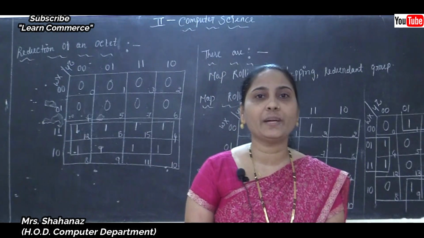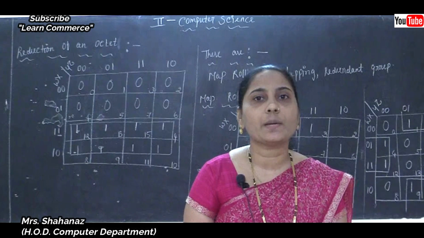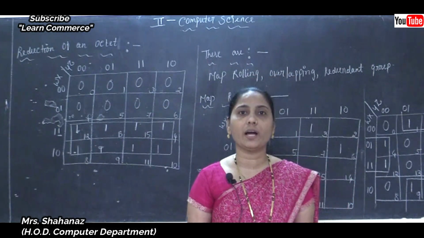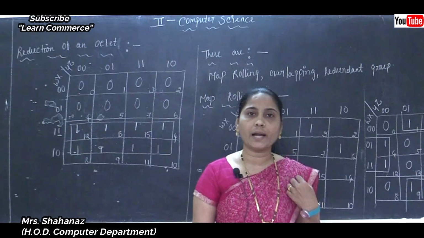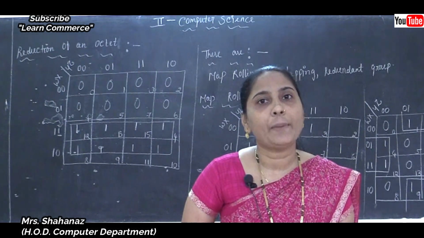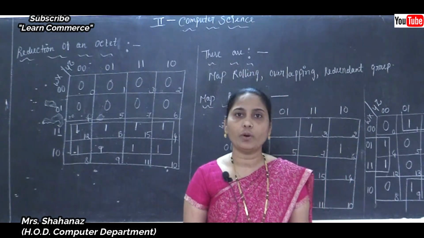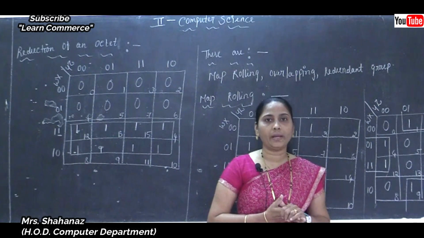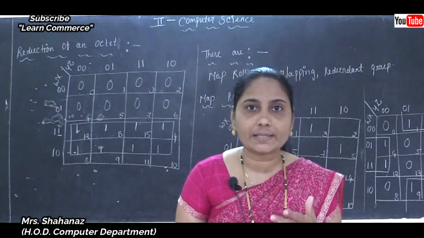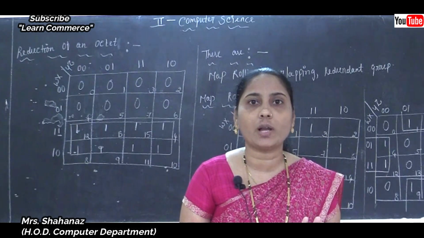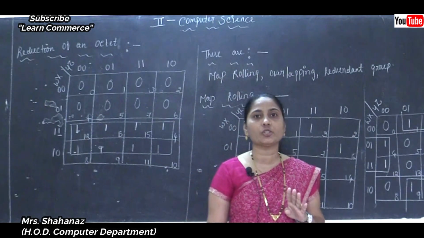Welcome to our second PU Computer Science online classes. In the last class, we studied some important concepts from Boolean algebra, like the pair reduction rule. Note that in a pair, one variable is going to be removed. Now the second thing is the quad. When you encircle 4 ones, that is called a quad, and in the case of the quad, 2 variables are going to be removed.